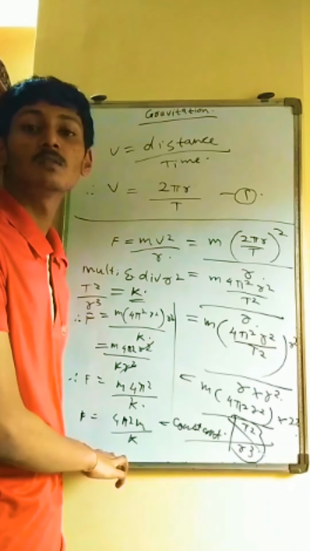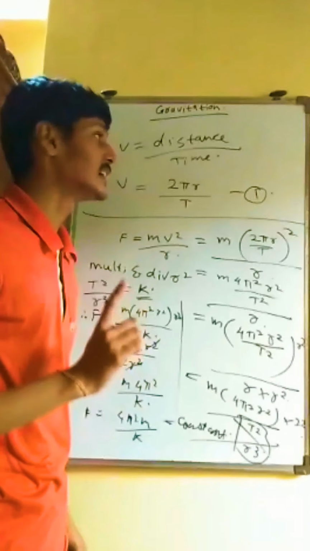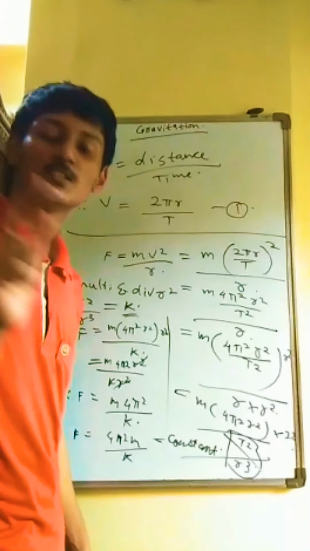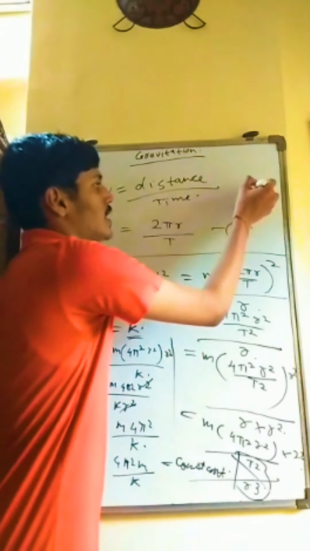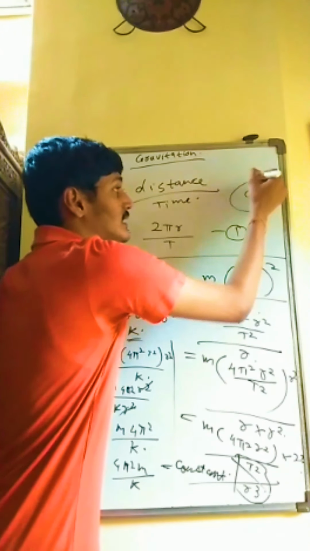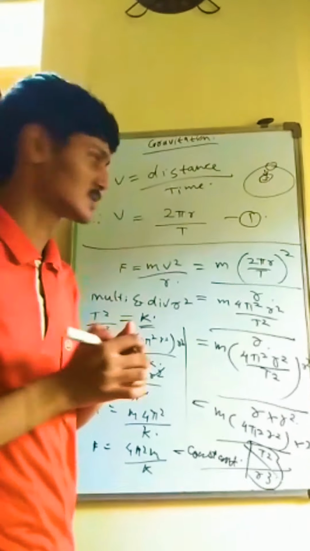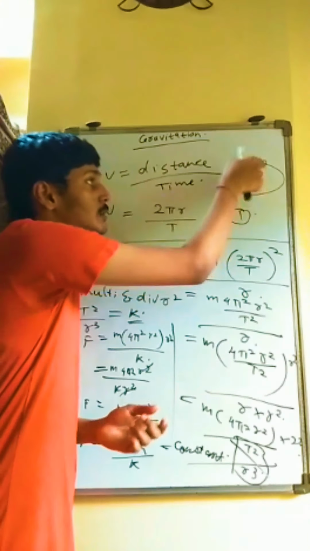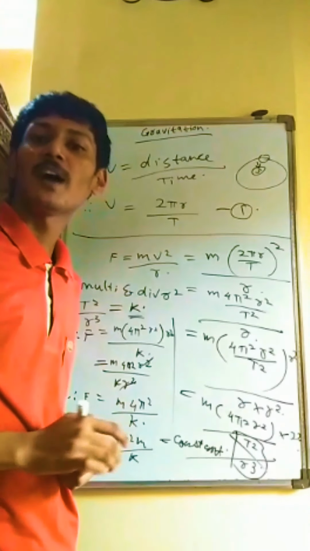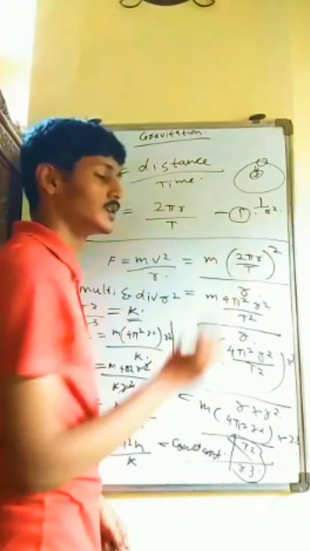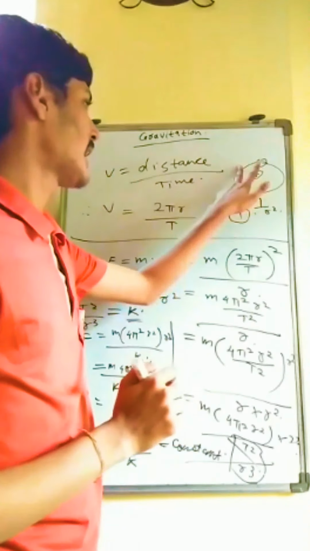So looking at this equation, what can we conclude? That the centripetal force which is acting on the planet due to the Sun is responsible for the circular motion. Now if we see the same diagram again, this is the Sun and the planet is revolving around it. The centripetal force, the inward force acting, is responsible for the circular motion of the planet. And how can we find its value? By taking the inverse of the square of the distance between the planet and the Sun.